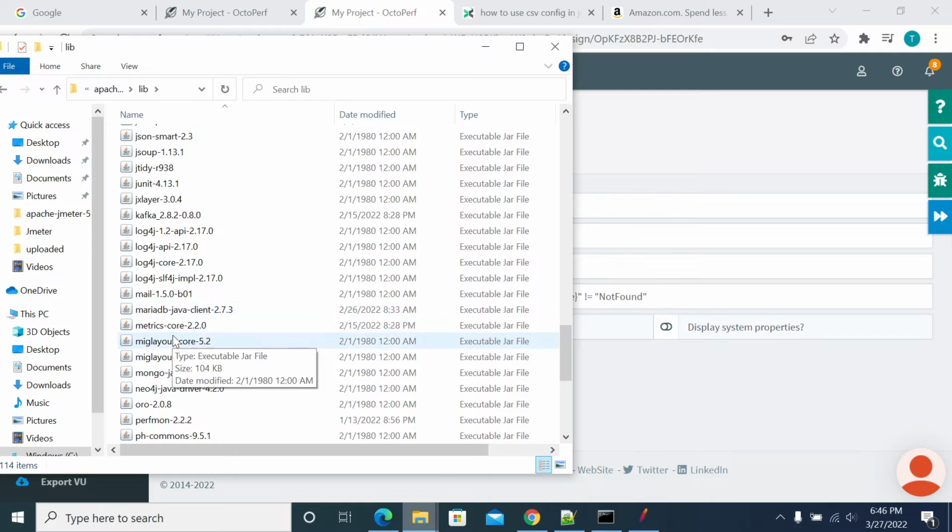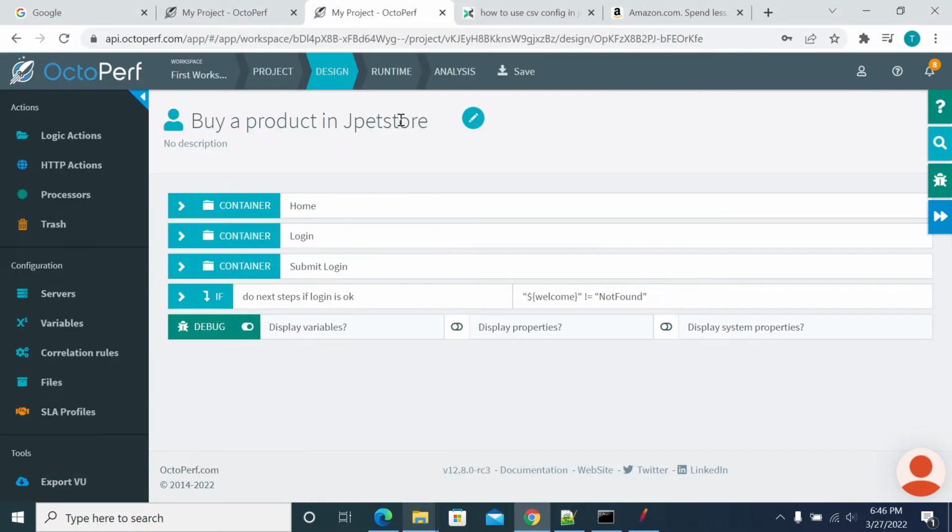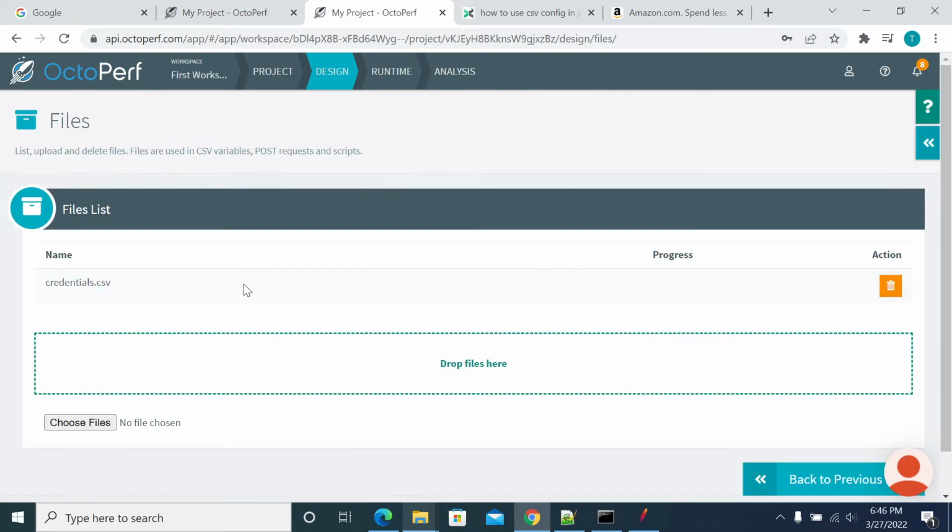If you're doing database testing, definitely you need the respective DB jar files to connect to your DB and do the testing. So this is the MariaDB client. For my database script to work in OctoPerf, I need the drivers to be added into my OctoPerf project. Now just click on your files,